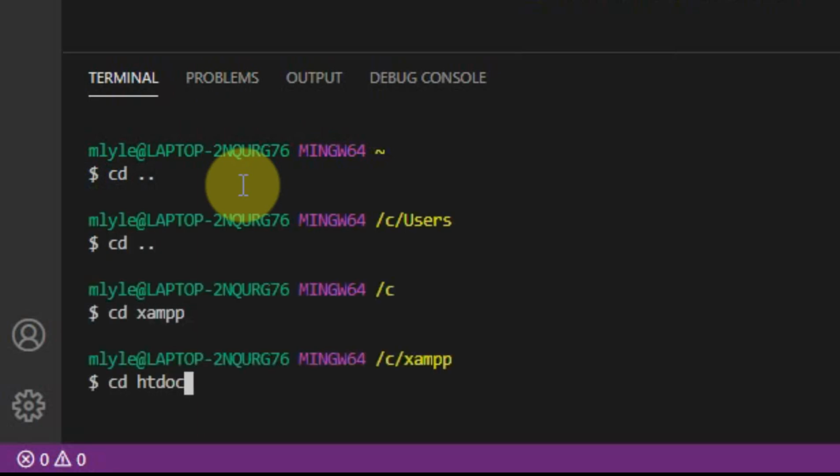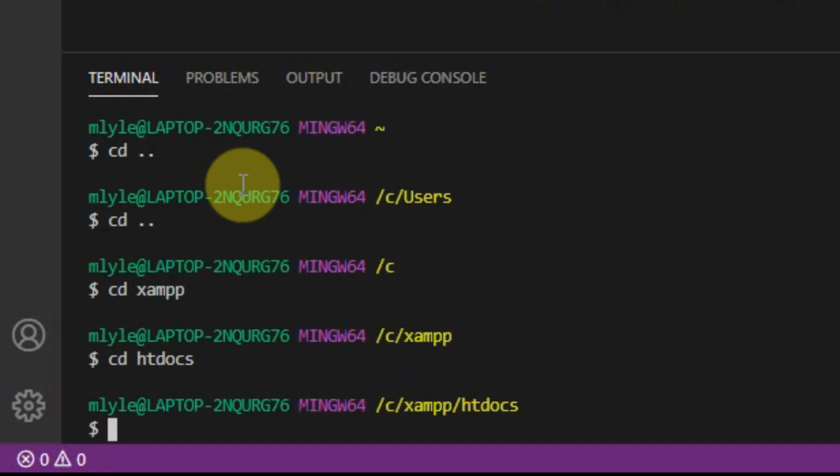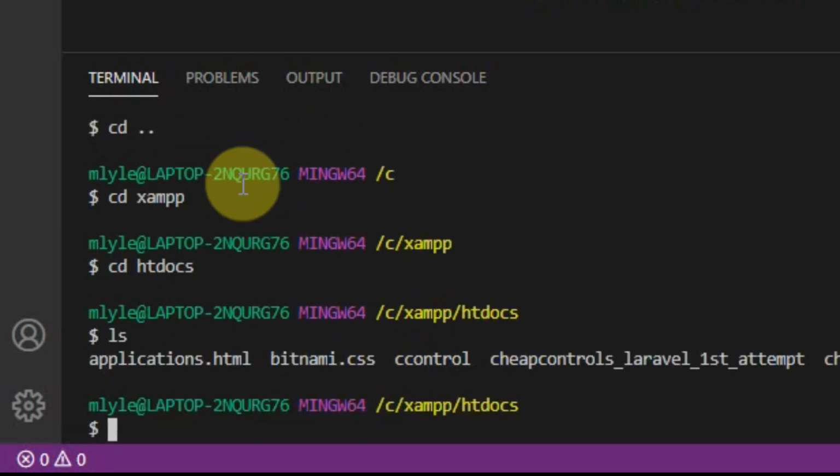And then you go to the htdocs. And I kind of like it because if you followed along, you can use some of the Unix commands, so ls instead of dir. And in this folder, I'm going to just call it CC test. I've already started the new website, but I want to document some of the issues that I ran across as I was building it. So the command is laravel